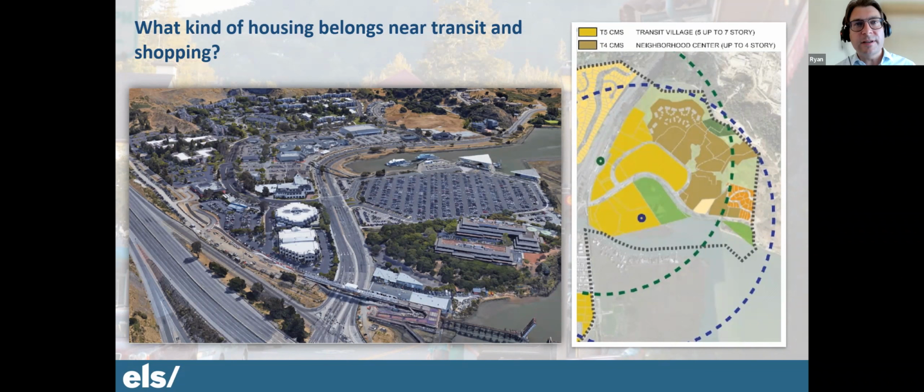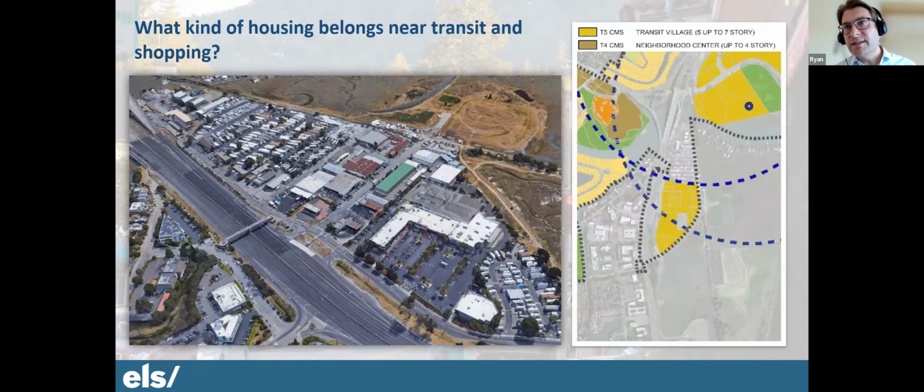Yeah, definitely. So moving to the next one, this site is again on the other side of the freeway from your city core. And part of it is protected. The mobile home parks, we understand, are protected and are not to be rezoned. But the low-rise industrial area and the small shopping center here do have the potential to be a mixed-use solution that adds housing to your community.